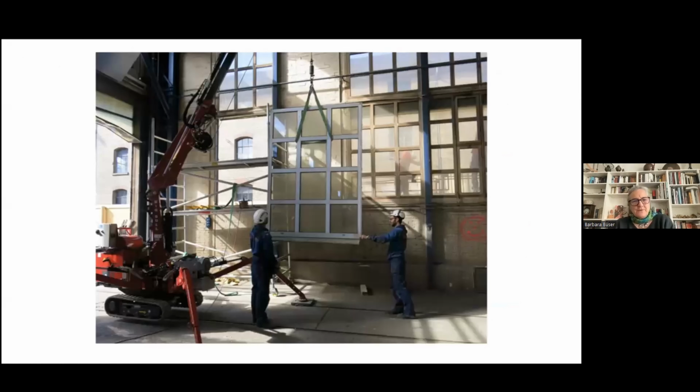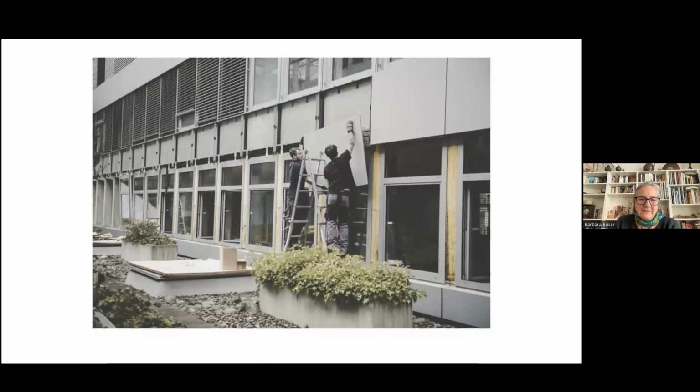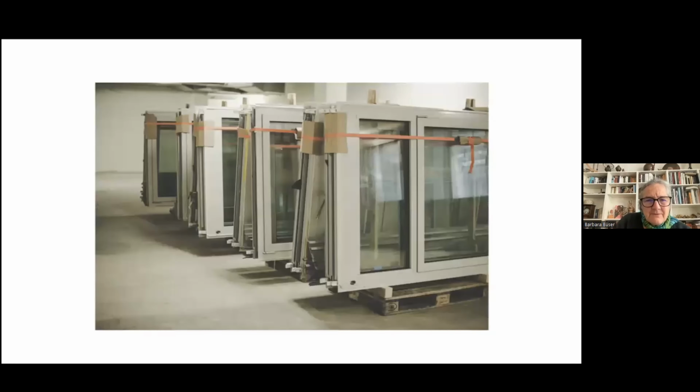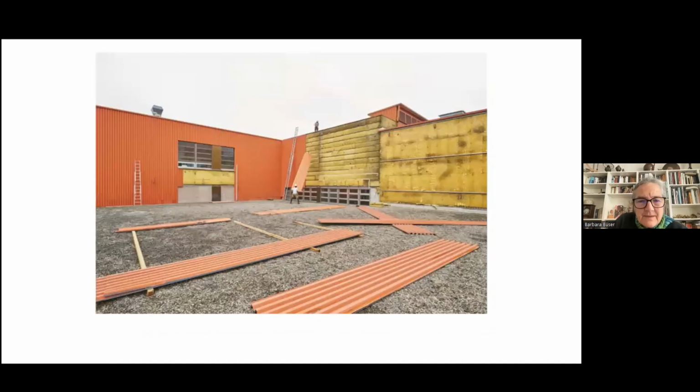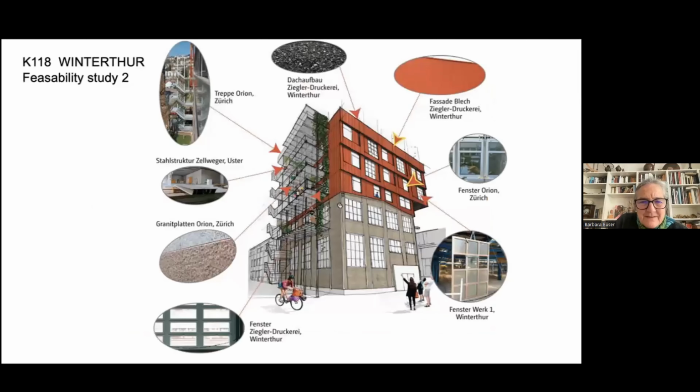We found windows on one construction site. We found some on another. 3 glazed windows, aluminum frames, the best of Swiss quality, which you can imagine. We collected them and set them aside as well to make our new building. We found this orange cladding, metal sheets, which we also collected. And once, after 1 year, we had all the material ready.